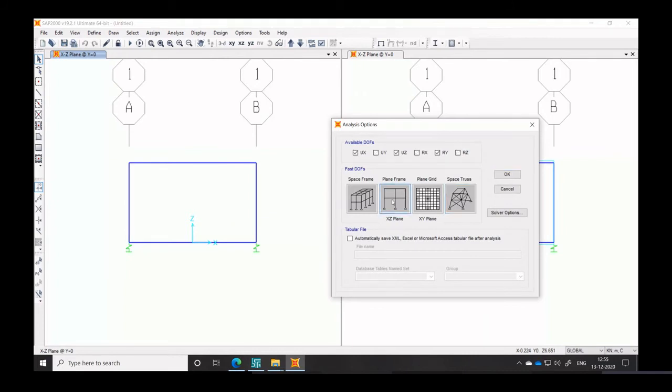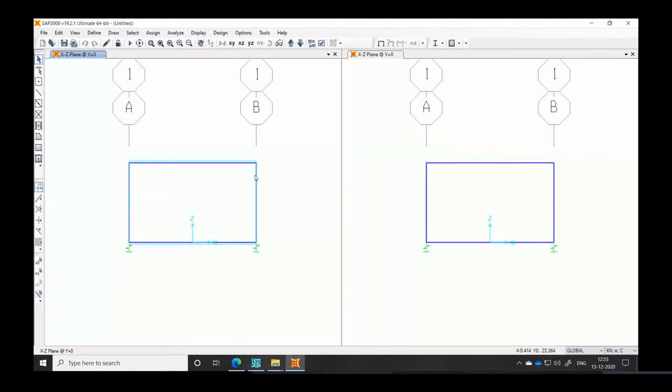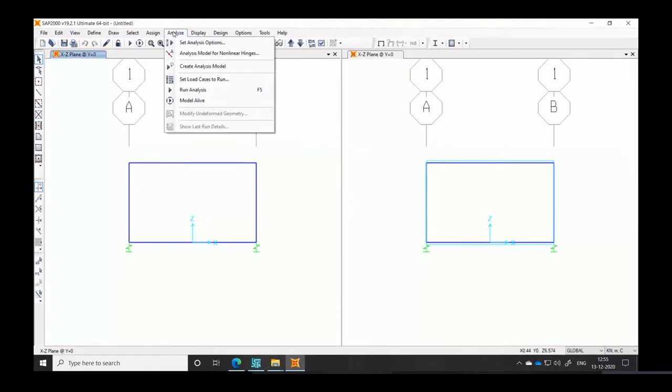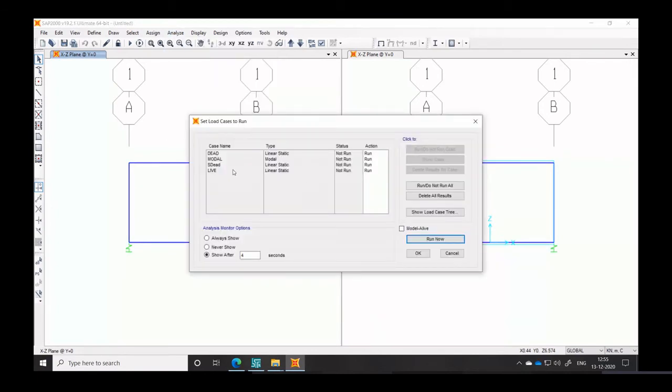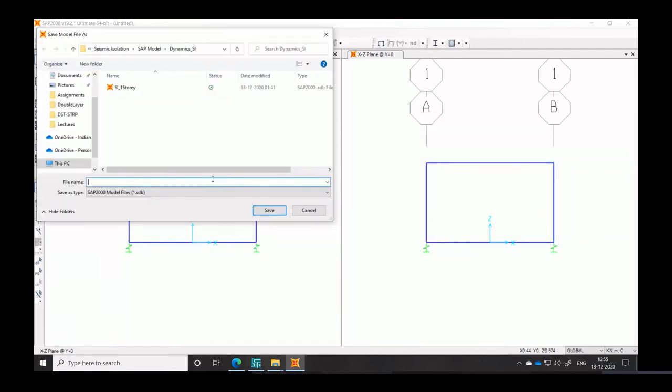That way it will do a 2D analysis, not a 3D analysis. Okay, the analysis option is set. Then I can go ahead and run the analysis. I can run all the load cases, or if you want only the modal load case, you can do that as well. So let us run now.